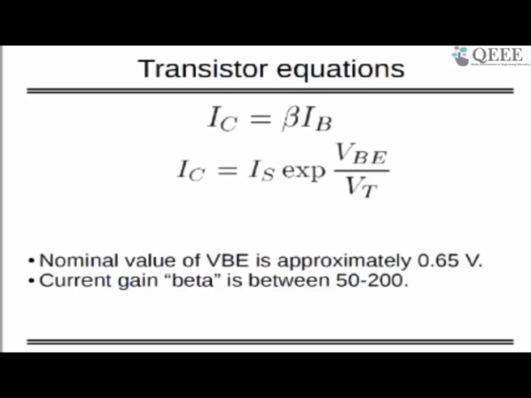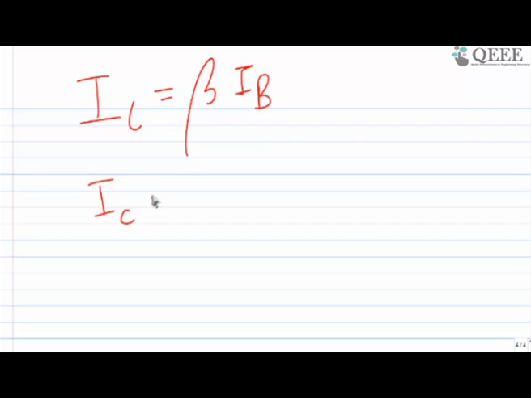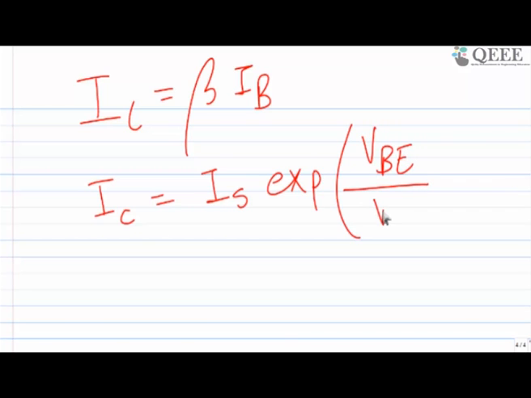Okay, so these are the very basic two equations. You must know them already, but I'm writing them just for our reference. Some people have already studied this in school, but for those who forgot, I'm writing it for them. So VBE is the base to emitter voltage, and VT is the thermal voltage, which is kT by q. Generally it's 26 millivolt, and beta is the current gain. So these are the equations.